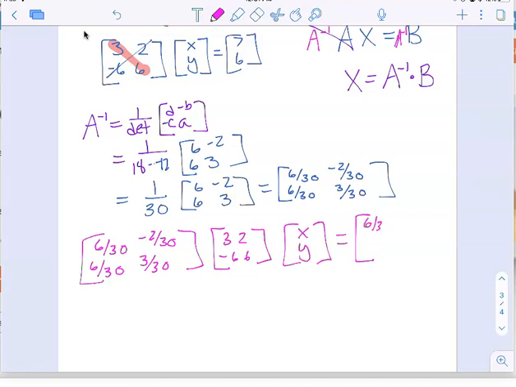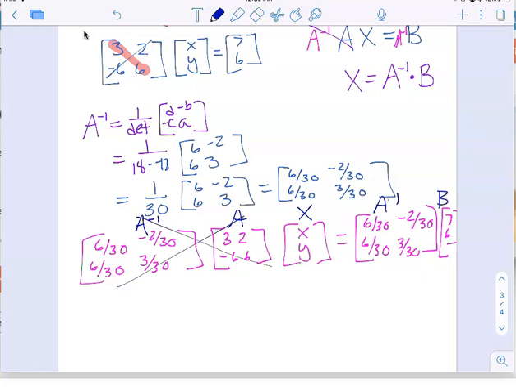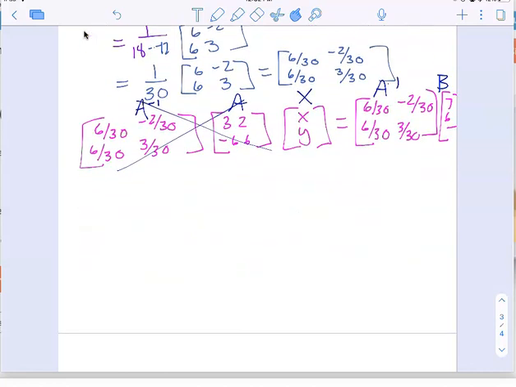So 6 over 30, 6 over 30, negative 2 over 30, 3 over 30, times, what did we have, 7 and 6. So this is A inverse, A, X, A inverse, and B. And so these multiply out to be our identity matrix. So we are left with